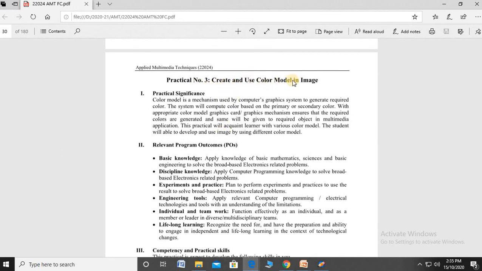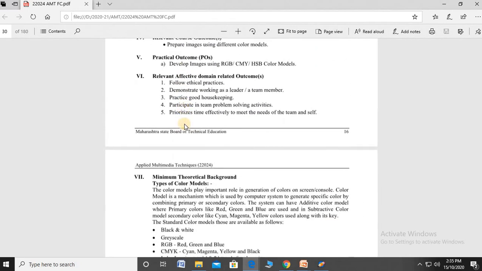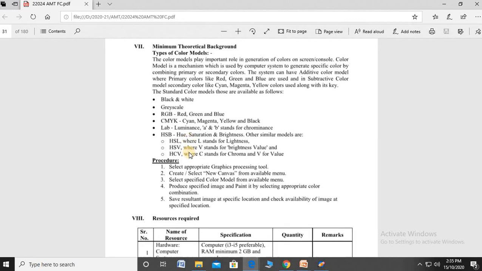Create and use color models in an image. These are the practical significance, the CO and PO, which are the theory part.